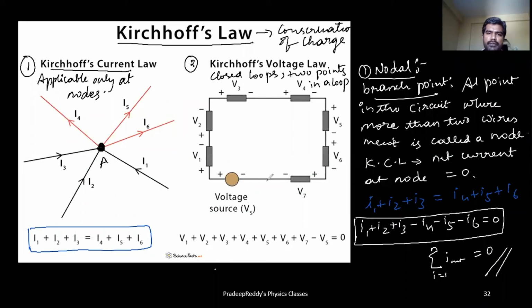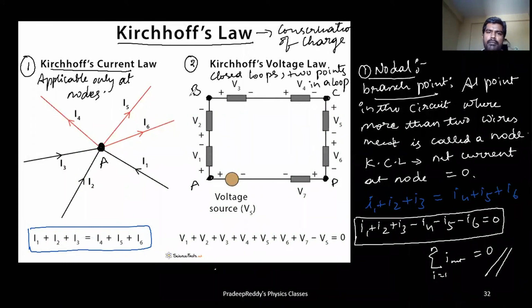For example, here in this figure we have a loop. Let me take this point as A, this point as B, this point as C, this point as D. You can apply Kirchhoff law as a whole for the loop A, B, C, D, A, or only for the part of the loop between 2 points B and C. Or between B and D, or between A and B. But it should be a single path for the current.